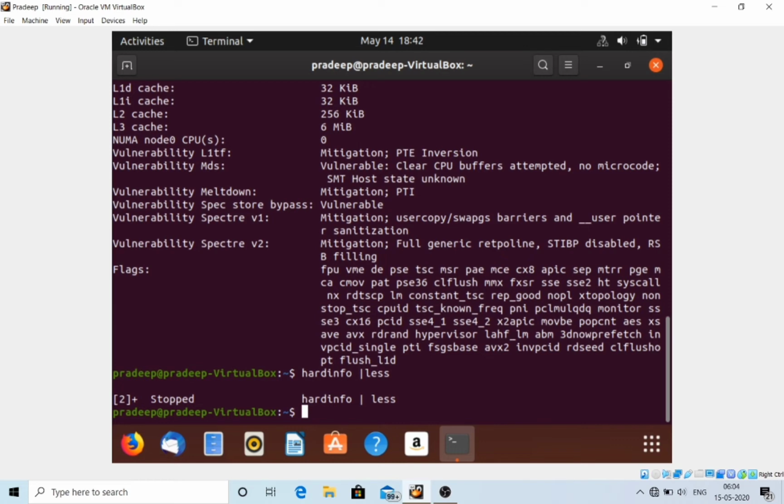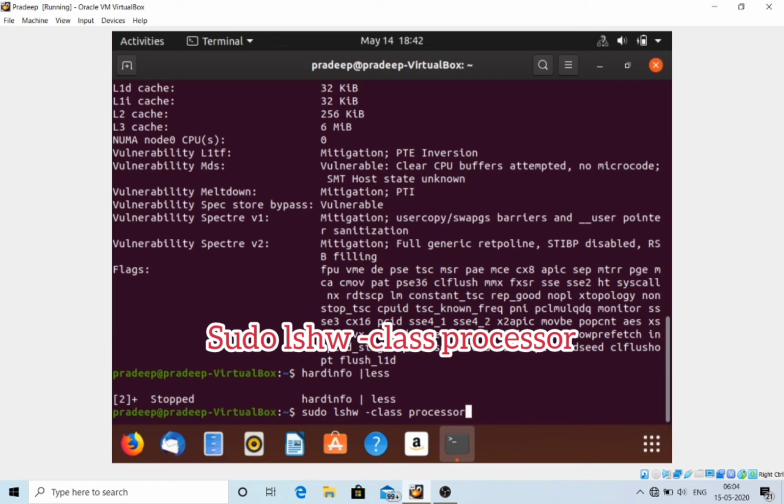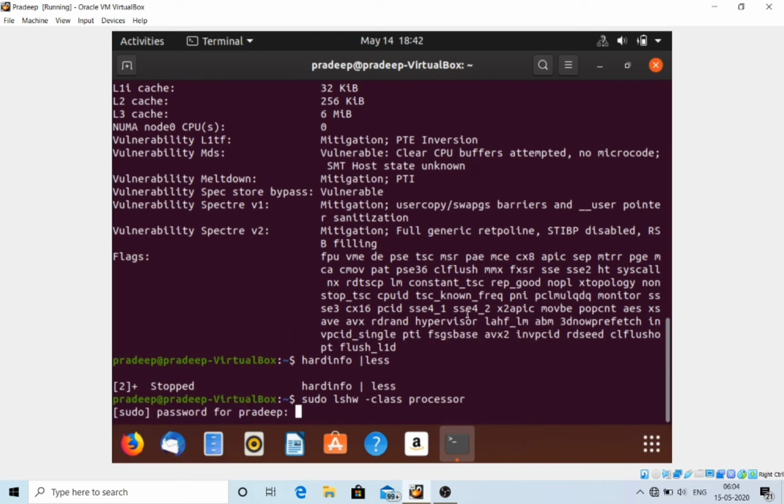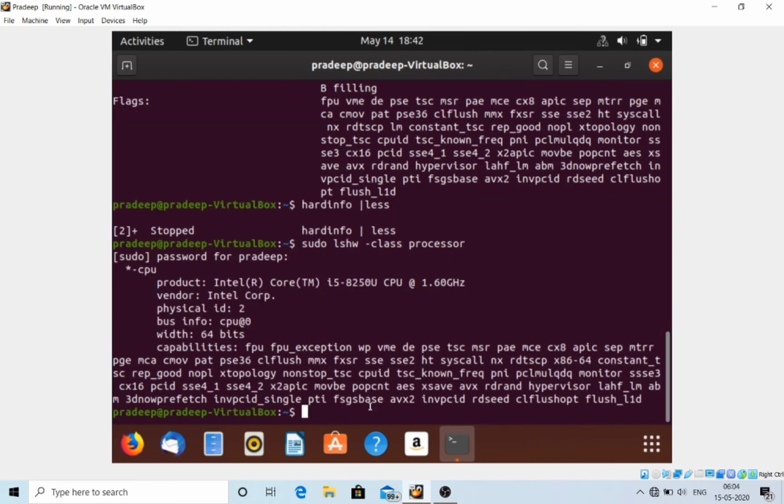We have to type the command sudo lshw -class processor, and it needs a password, so I put my password, and you can see here the complete information: product, vendor, physical ID, bus info, width, and capabilities of the CPU.